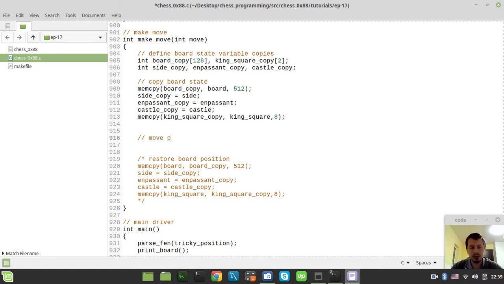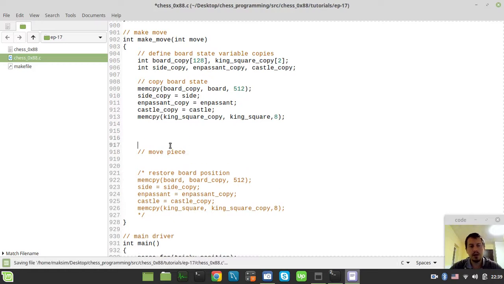So move piece, placeholder here. But in order to move the piece, first we need to extract the from square and the to square from the move. So extract source and target squares from